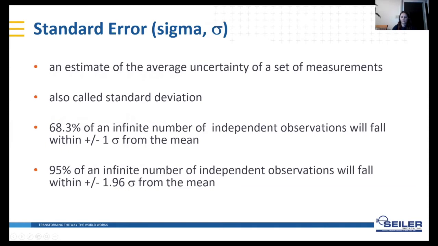First, there is some terminology we will see in the network adjustment process. I am trying to speed up this process to finish on time. The first one is the standard error. It is the average uncertainty of the measurements, called standard deviation in mathematics. There are some criteria where we set limits on the standard errors. It is denoted with sigma.